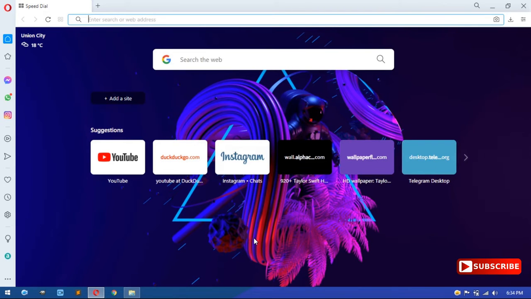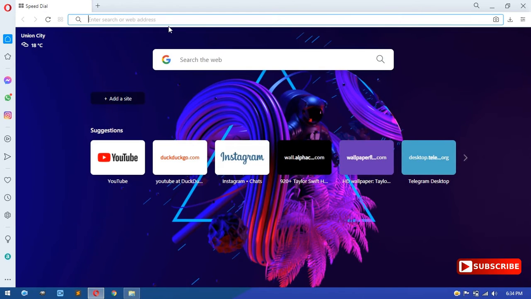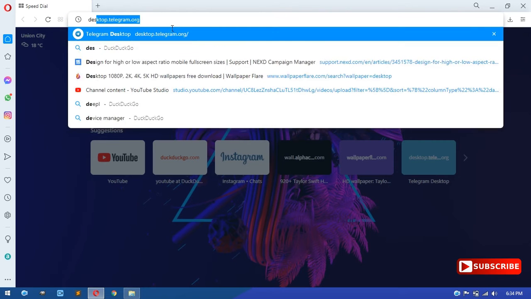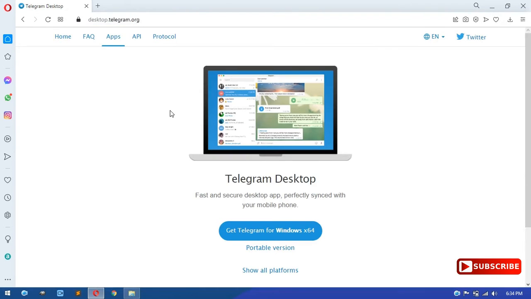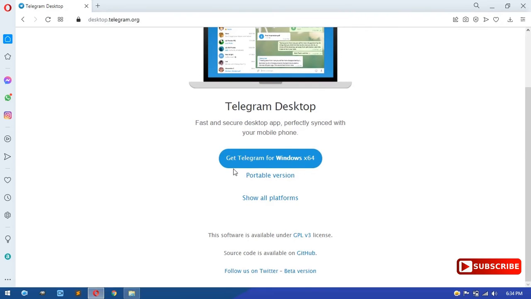In this video we are going to see how to download Telegram and install it properly. So let's get started. First of all, open up your browser and go to your search box and type desktop.telegram.org and hit enter. It will bring you to this page and here click this button